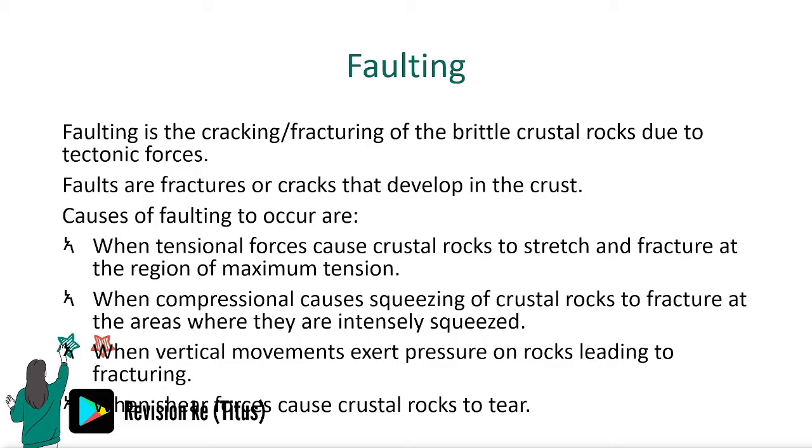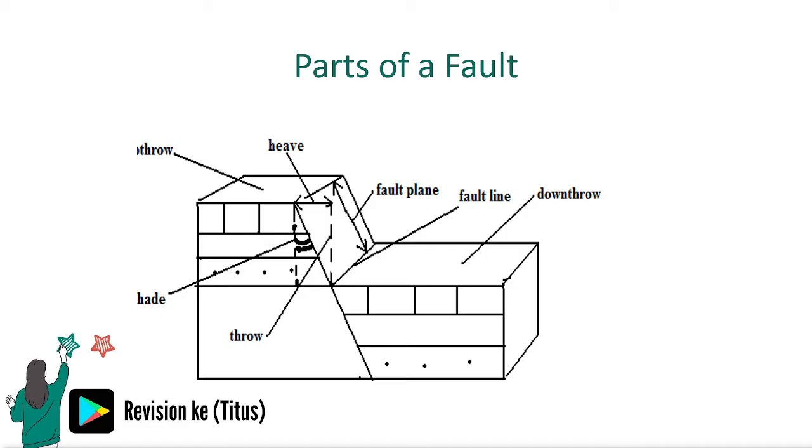Two, when compression causes squeezing of crustal rocks to fracture at the areas where they are intensely squeezed. And three, faulting can occur when vertical movements exert pressure on the rocks, leading to fracturing. So we're going to look at the diagram, which contains the parts of a fault. Just like we looked at the parts of a fault, you can see the heave, the fault line, the downthrow, the upthrow, and